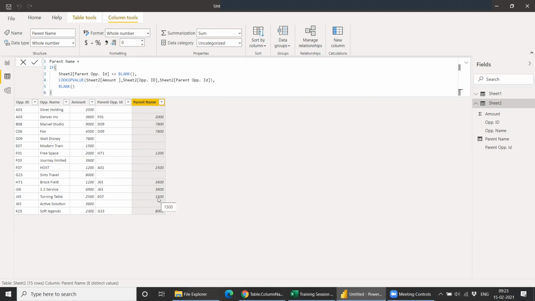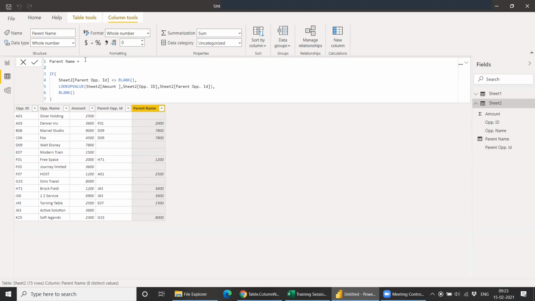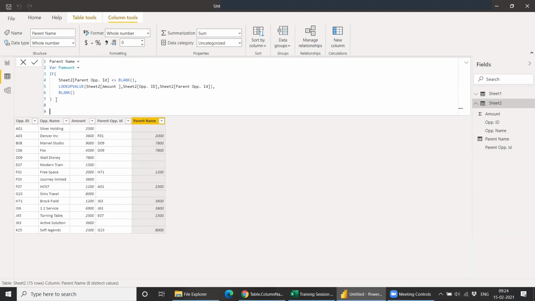Okay. Now we just need to find whether to consider or not. So we can just put a condition. We can do this in this column, or we can create a new column. So let me show you how we can do this in this column. So in Power BI, you can just create a variable. So let's say fee amount equal to this. Done.